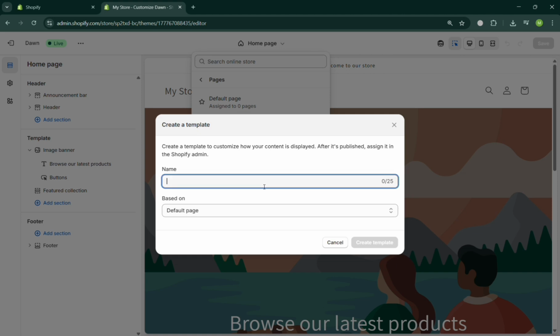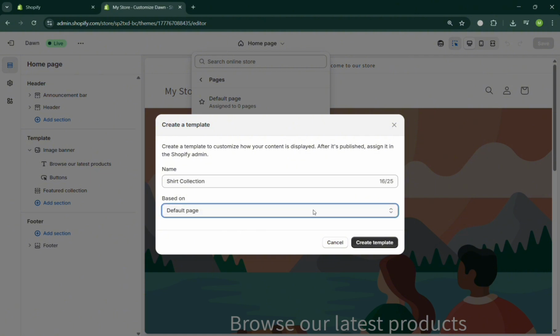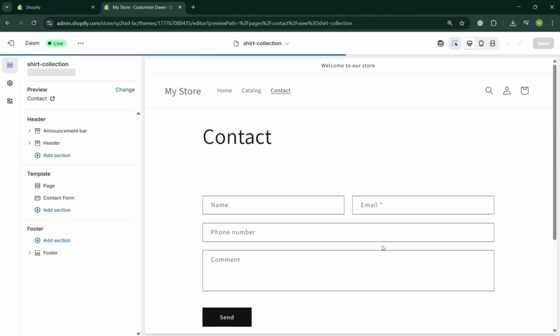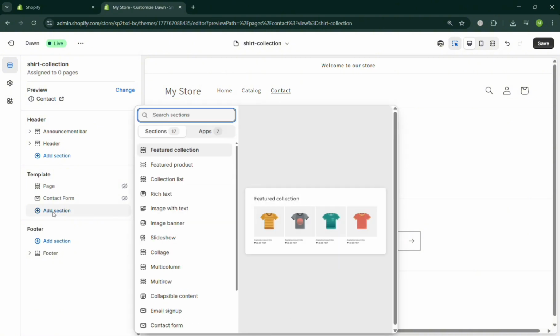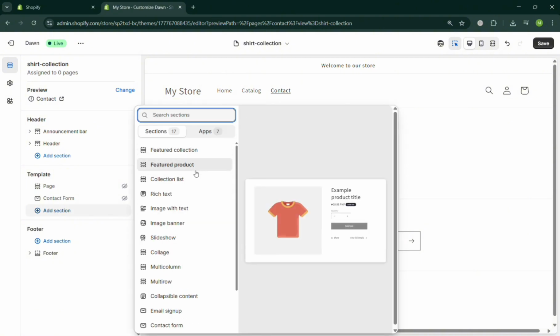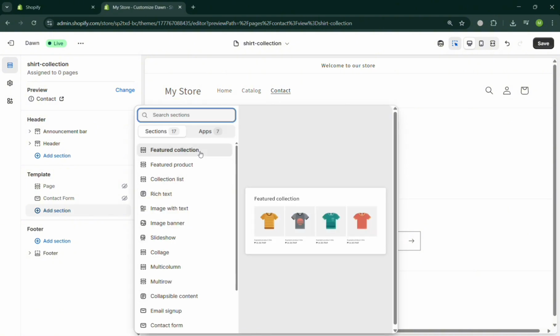Upon doing so, in this pop-up window, just firstly enter the name of the template of the page that we're going to create, for example, shirt collection. And after that, just click create template, but you could also select based on the contact page, for example. Then click the create template button to proceed. Upon doing so, you will be directed to this contact page, and from here, to start customizing or hide the details, just click this eye icon on the left side panel under the template section and click add section to proceed. Then you could also add a different kind of collection, product, even collection list, but just click